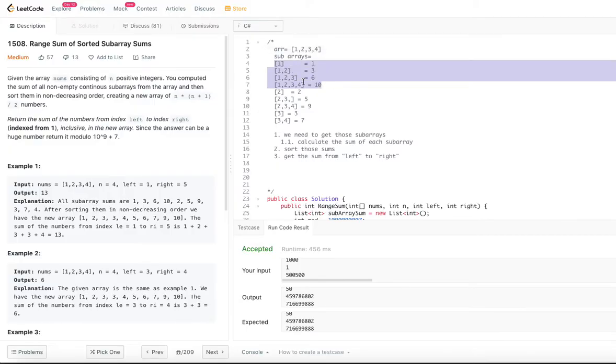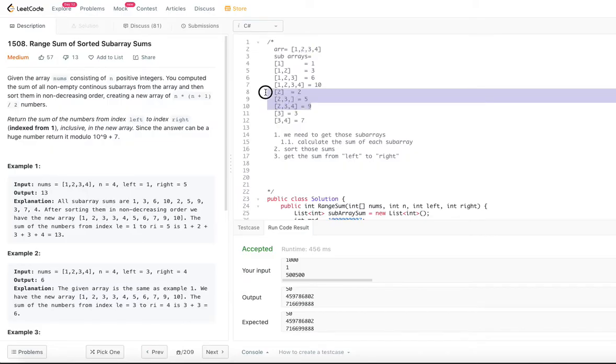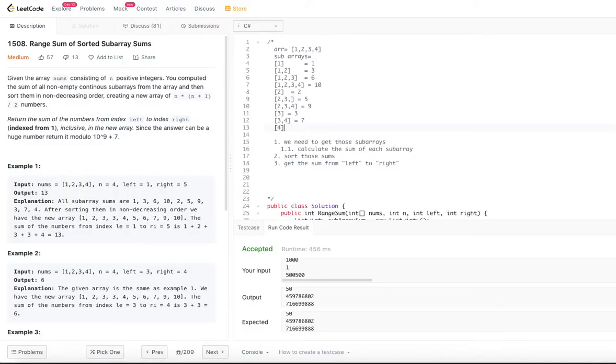But is that all? Not really. You could just take 2, which is a subarray with a single element. And 2, 3 is another subarray, and 2, 3, 4 is another subarray. So those are another 3. Then 3 is a subarray and 3, 4 is another subarray. There is one more, which is 4. So these are the 10 different subarrays possible for the given array.